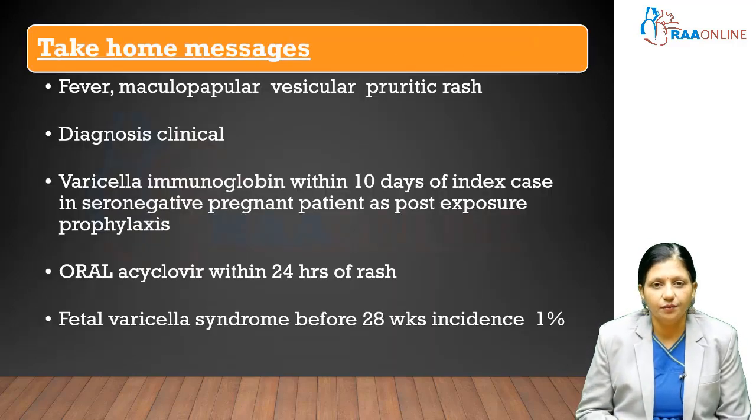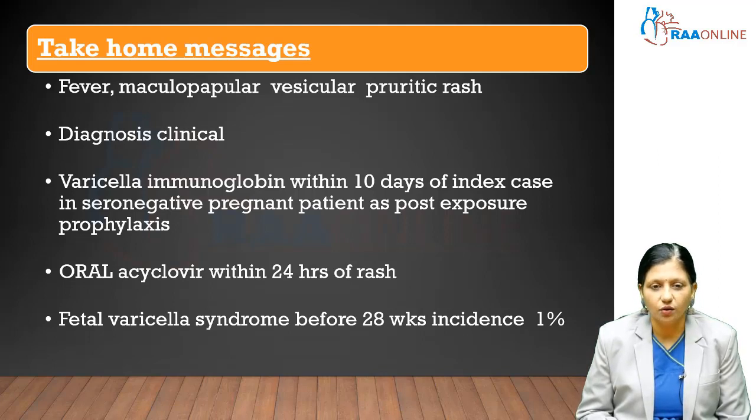So, fever, maculopapular vesicular rash during pregnancy is suggestive of varicella zoster infection during pregnancy. The diagnosis is made by clinical findings of maculopapular rash with fever. Varicella immunoglobulin within 10 days of index case in seronegative pregnant women acts as post-exposure prophylaxis. So, if somebody got exposed to the varicella virus, within 10 days of exposure, if we give them immunoglobulin, then that is effective in preventing